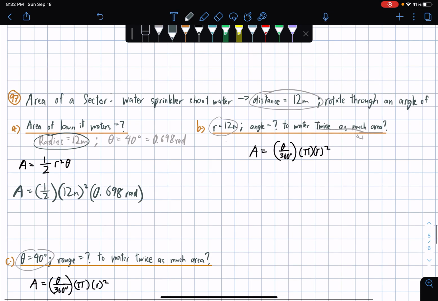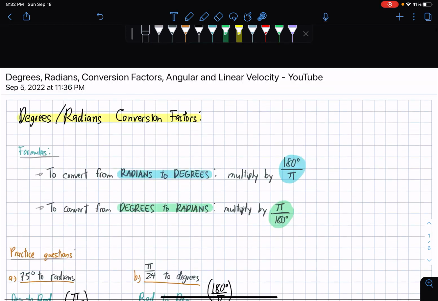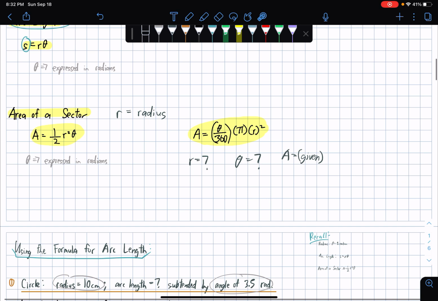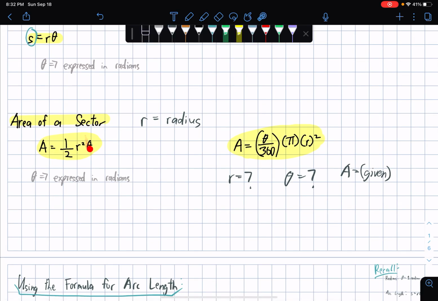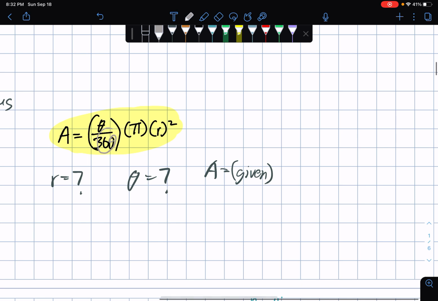Let me make something clear. Let's go back to the formulas above here. So for this specific formula, whenever we want to find A, theta should always be expressed in radians. But for this formula, the one with 360, just to make it easier to remember, theta is always